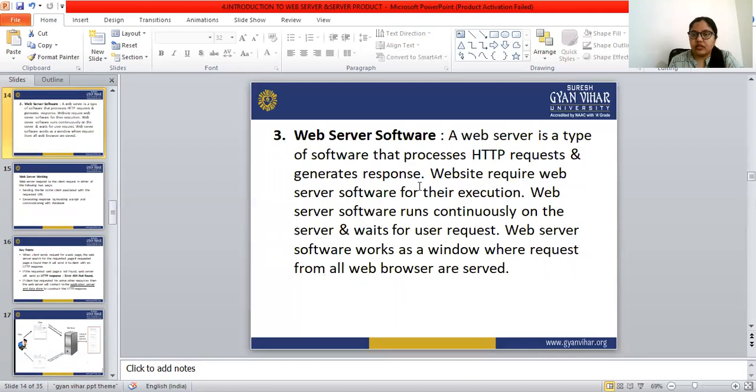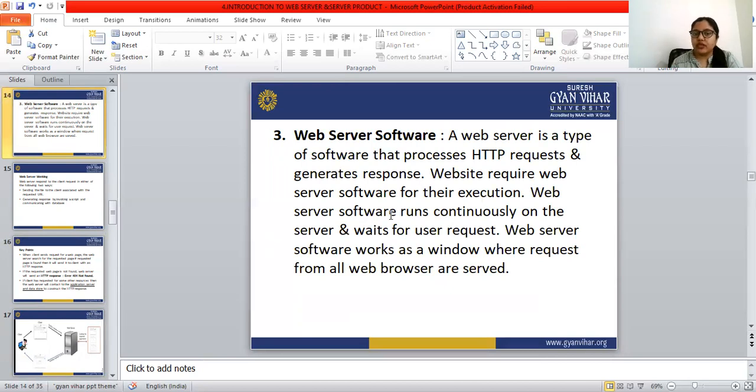Web server software is a type of software that processes HTTP requests from the browser to the server and generates the response. Websites require web server software for their execution.